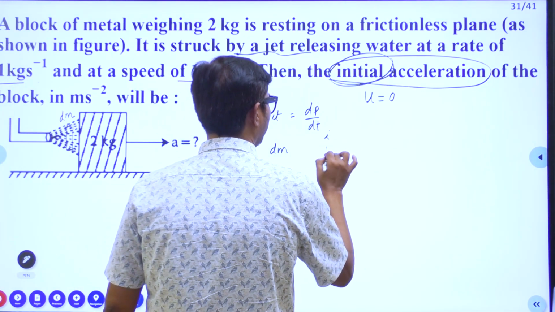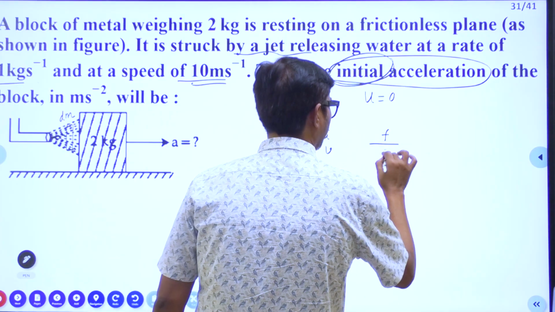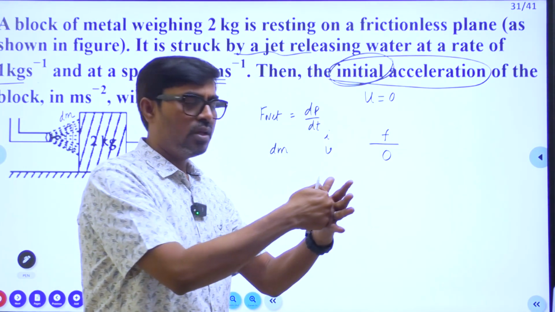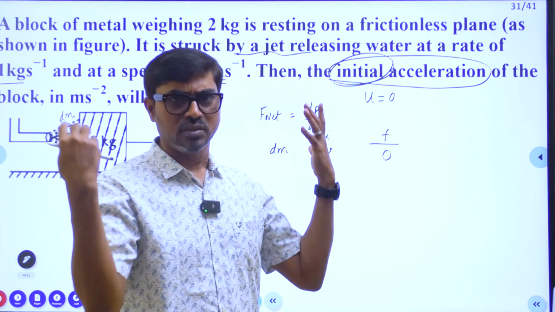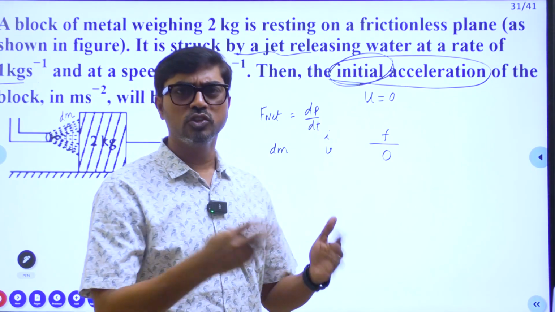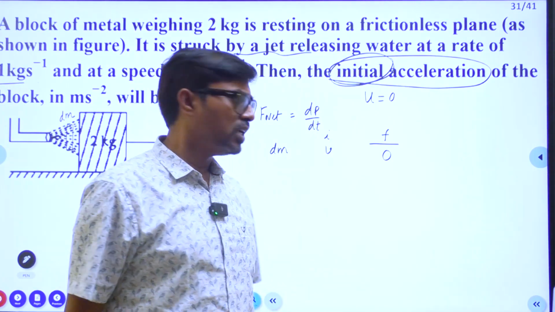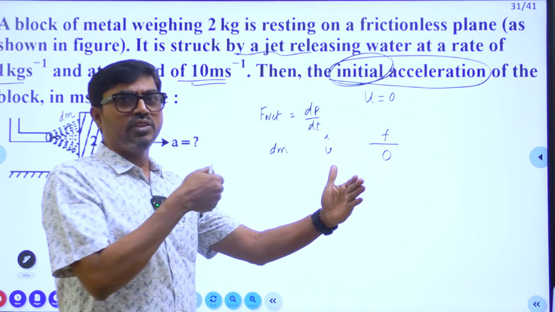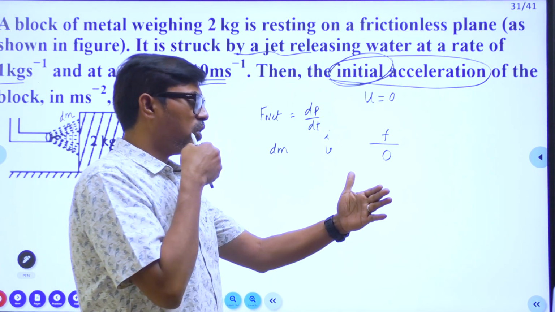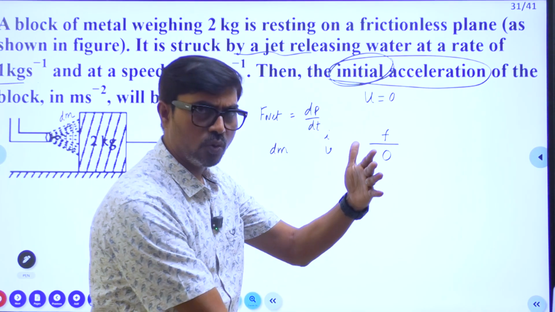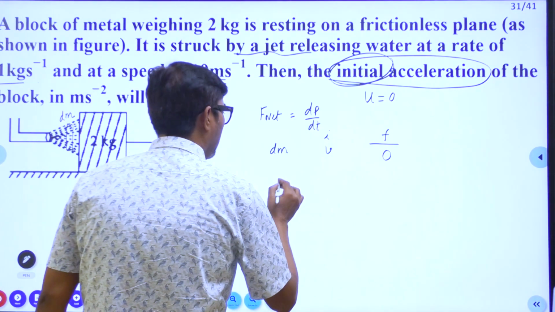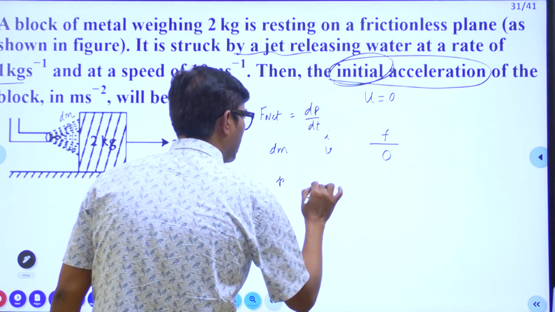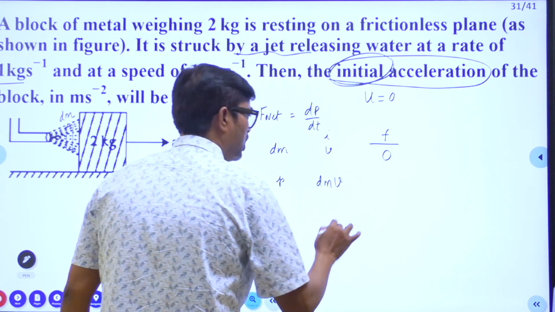Initially it is having a velocity v, but finally it comes to rest because it hits the wall. We are not considering splashing of water. Generally they are supposed to mention it. There is no splashing or perfectly inelastic, they would say generally. Before colliding with the wall, it has got v velocity, but after colliding, it has come to rest and then slips over. So if I calculate the initial momentum, the initial momentum is dm into v, final momentum